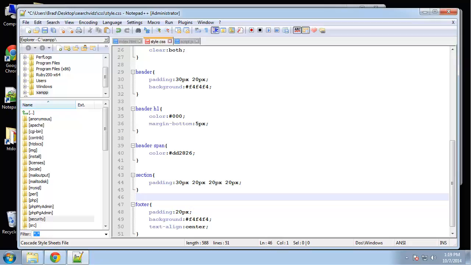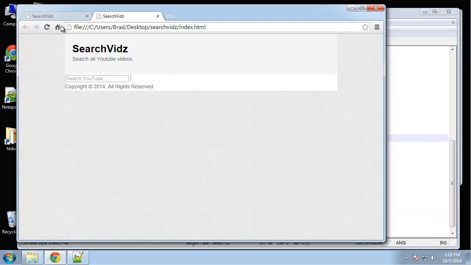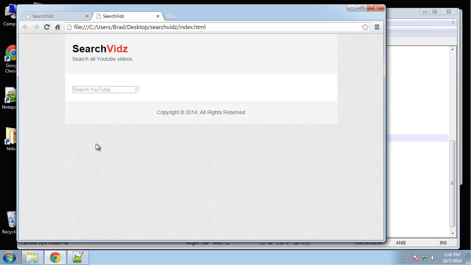I think that's pretty much it for now. We will be doing the search bar in the next video, and then of course we'll have to style the HTML that gets generated from the API, from the JavaScript. But this should be good for now. Let's check it out. Alright, so the header looks good, footer looks good. Like I said, in the next video we'll work on this search